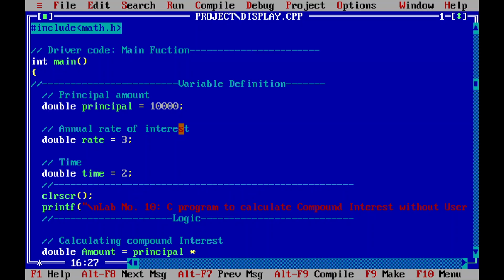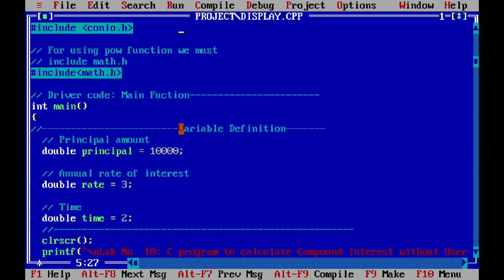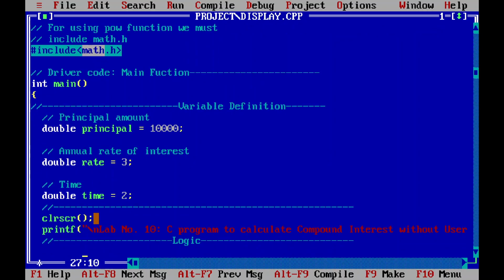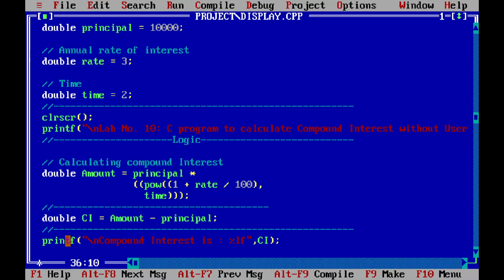So that's it from my side. It's time for summarization of what we have done. Lab number 10 program. Accordingly, we have taken the header files, one more header file that I have shown over here. That one more header file has been taken as math.h for the power function, which is the main target of it. And after applying the definitions, we had used the basic, most important formula for